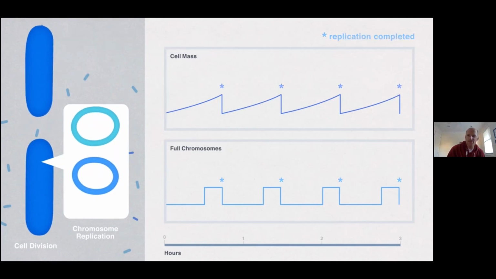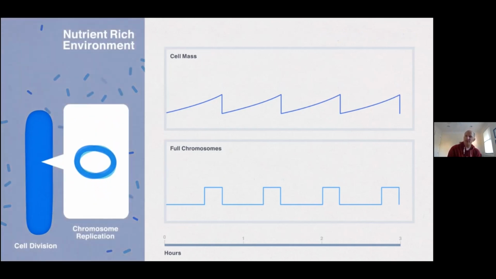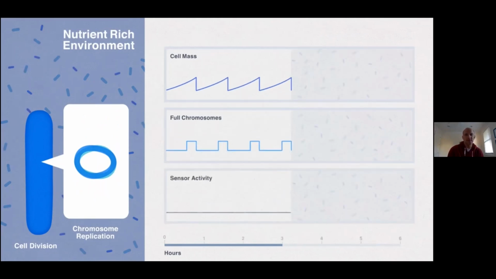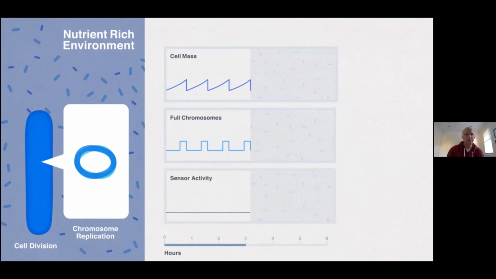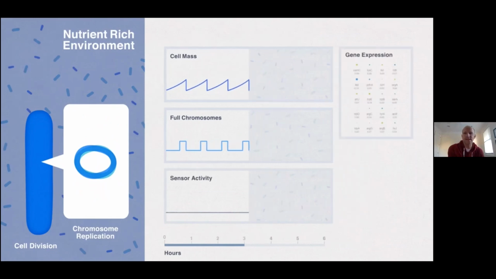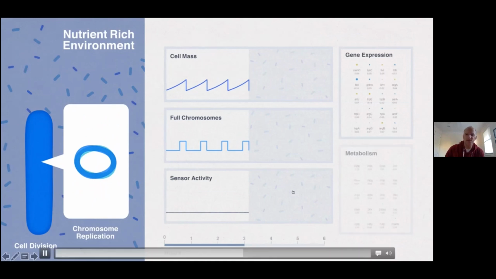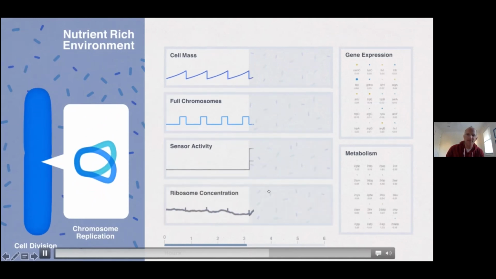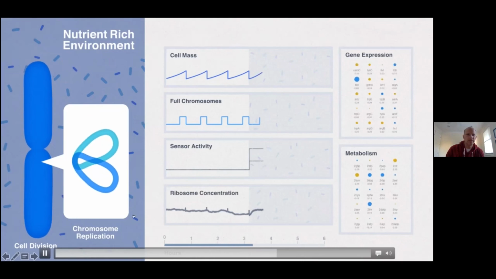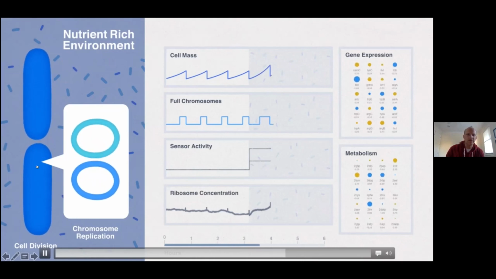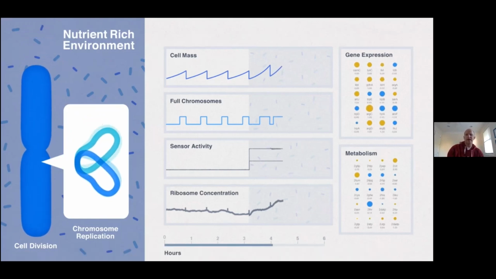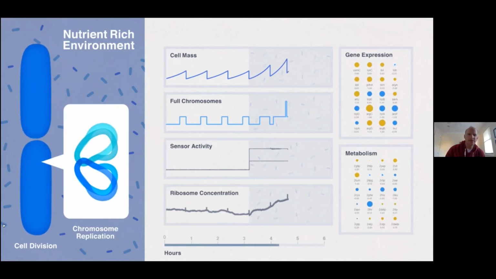Something that I also want to show here is that whereas the original model of M. genitalium could only grow in 1 environment, really the only culture environment known for that bacterium, here we can shift to another environment. What you'll see is that a bunch of sensors are going to get triggered, after which genes will turn on and off, metabolism will be rerouted. The net result of all of that will be to increase the ribosome concentration, which leads to the cells growing out longer. They'll be thicker, they'll grow faster, and